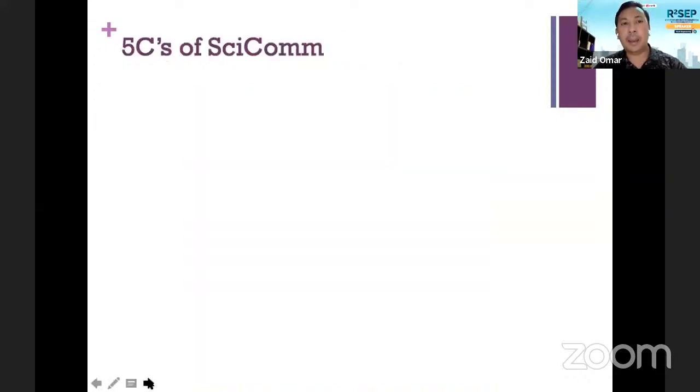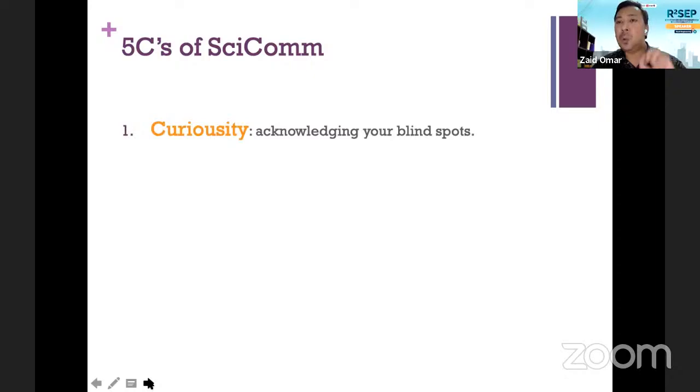So there are 5 C's that I always use to begin our science communication journey. These 5 C's are basically 5 words that all begin with C that we as science communicators must have within ourselves before we go out and venture out to do science communication. The first one is curiosity. We have to acknowledge that as science communicators, we maybe do not have the knowledge on everything. We do not know all things about everything. We may be experts or knowledgeable in one very narrow particular field of our own research, but all the others we do not know. The first thing is to acknowledge that we may not know everything and be curious enough